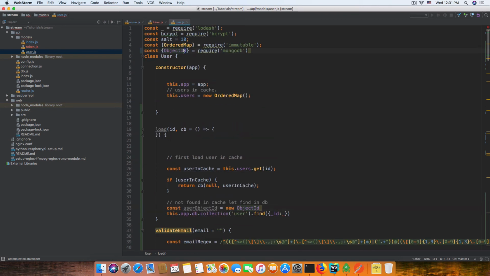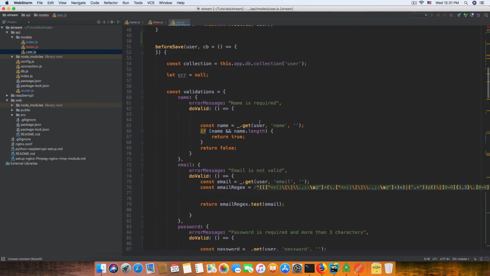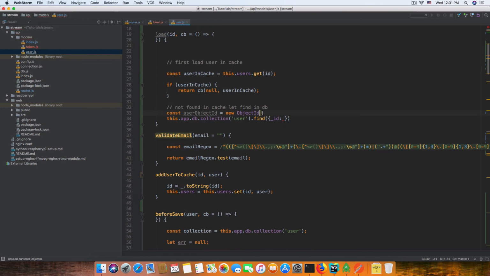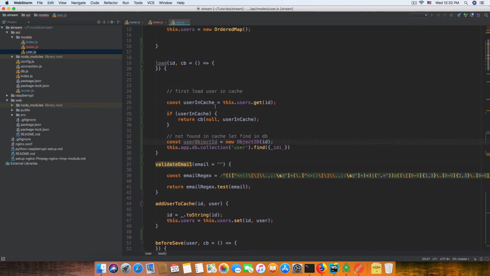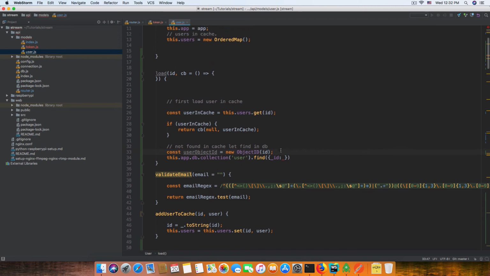Our ID should be capital D, and so new ObjectID, and here we got the ID. Right, got the user object ID with ID, and we limit 1